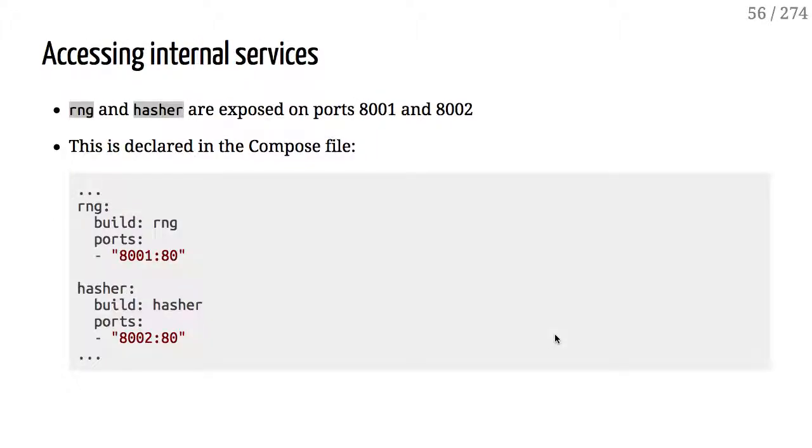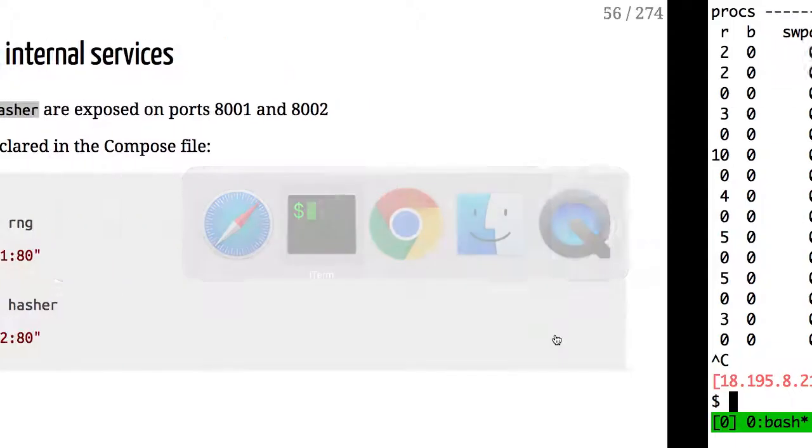HTTPing is a little bit like ping, except that instead of just sending a packet to the machine and waiting for a reply, it's doing an HTTP request, and it's measuring how long it takes for the HTTP request to come back. So you can use HTTPing with any web service, and it will give you an indication of the response time. So here I have my two web services, RNG and Hasher. They are exposed to the outside world.